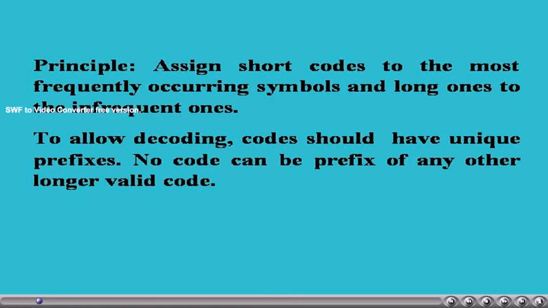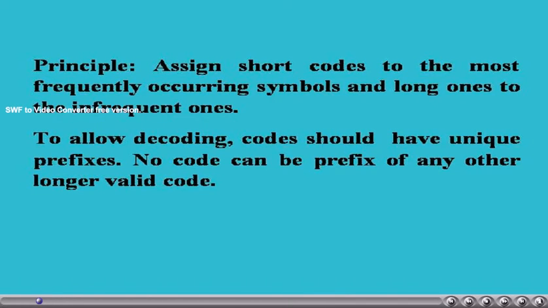The main theme behind Huffman encoding is as follows. Here we design codes for symbols in such a way that those symbols which occur frequently contain small length codes, whereas those symbols which occur rarely or infrequently have longer codes.